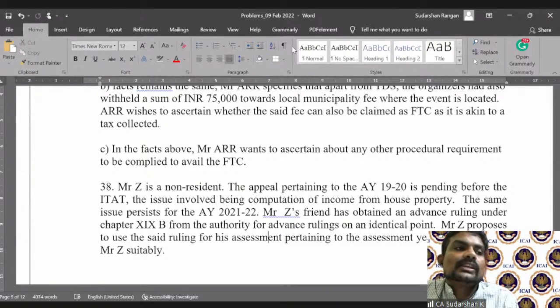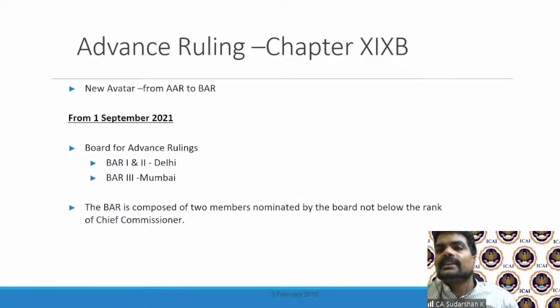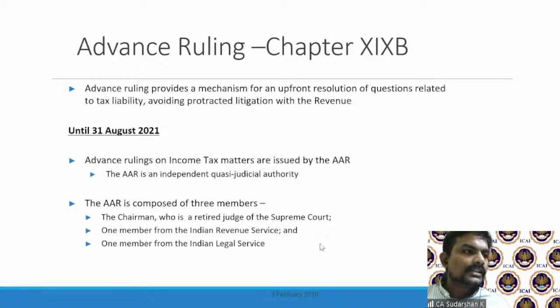Because the advance ruling is binding only on the taxpayer who has sought it, but it may have a persuasive value. You can just take the principle and say, look, this is what is done, but it only has a persuasive value. The BAR members can also deny it because it is only binding on the applicant who has sought the advance ruling. So I will not spend any further time on advance ruling because of the fact that